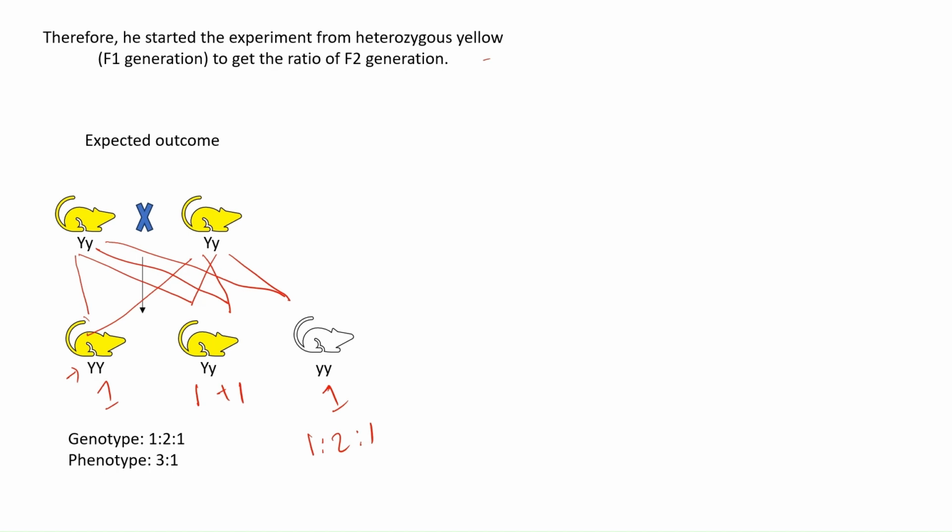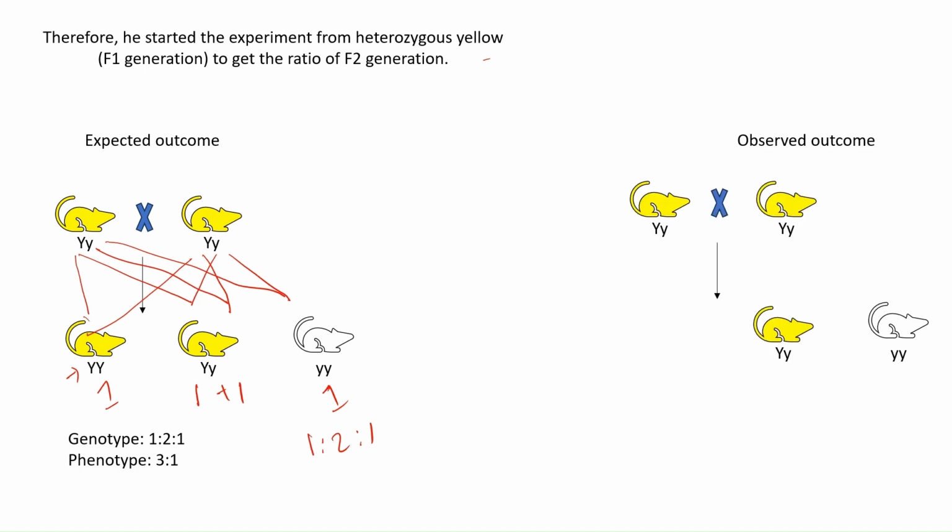This is the expected outcome, as Mendel received this outcome by working on pea plants. So he also expected the same outcome when he was working on mice. But the observed outcome was that capital Y capital Y was absent. This mouse was found to be dead or absent from the experiment result. He only obtained capital Y small y and small y small y. So the genotypic ratio he obtained was 2:1, because